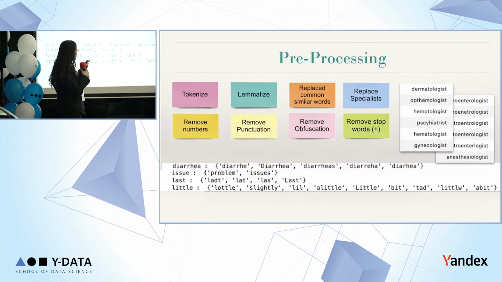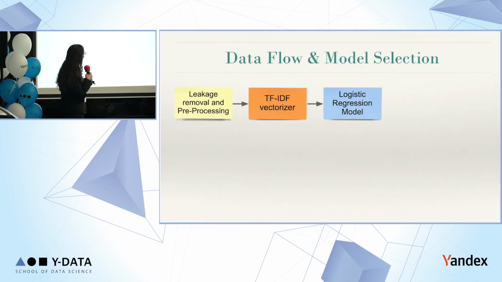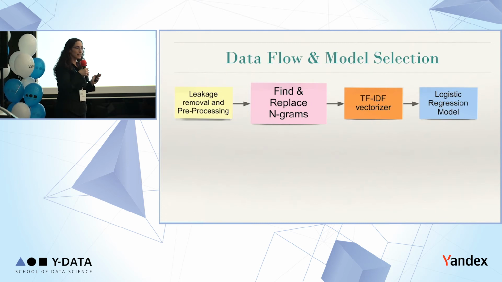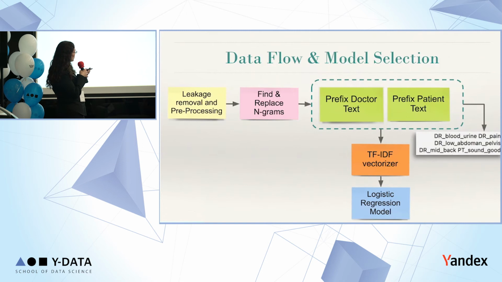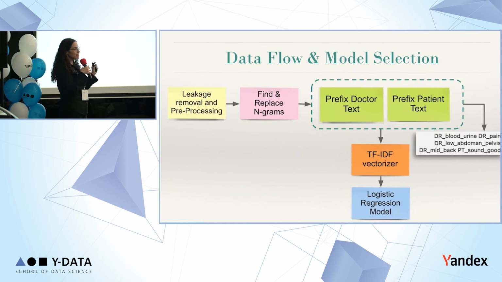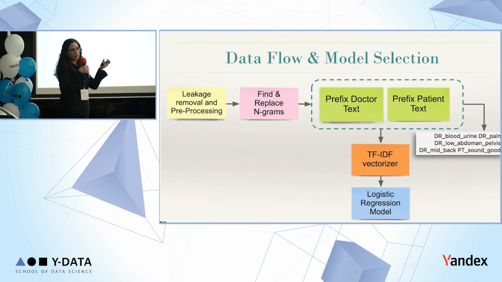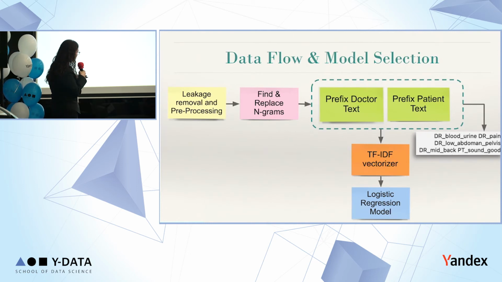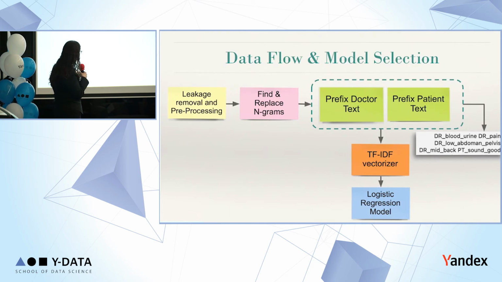Now that we have our leakage removed, we could move on to more standard NLP processing, which we don't have time to go into. We said, okay, let's use the model, logistic regression, and a TF-IDF vectorizer. But before we do that, we actually want to do a little finer n-gram extraction, because we don't want to use the vectorizers that cross sentences or speakers. Another thing we decided to do, in order to be able to interpret the features better later, is prefix the doctor and the patient words in n-grams with doctor or patient. So that will allow us later to interpret the features more easily. It went to the TF-IDF vectorizer and a logistic regression model.